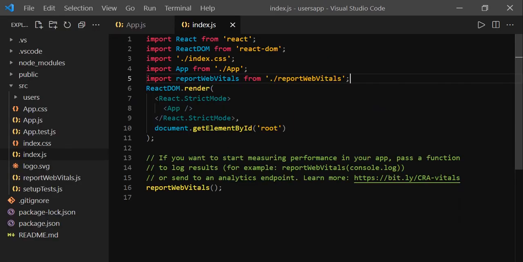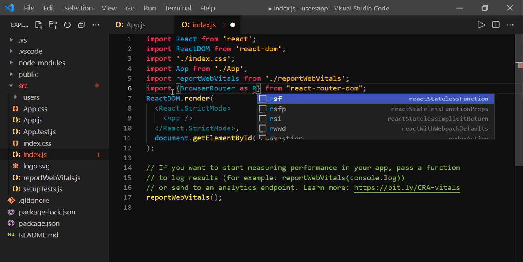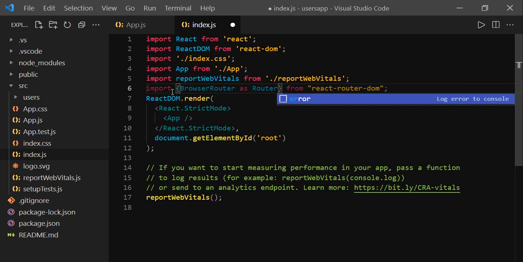In order to implement routing, we need to render the BrowserRouter component around the whole application. So let's import the BrowserRouter component from react-router-dom. Open the curly braces and say BrowserRouter, and I'm going to give it an alias name so that it is easy to type: Router.